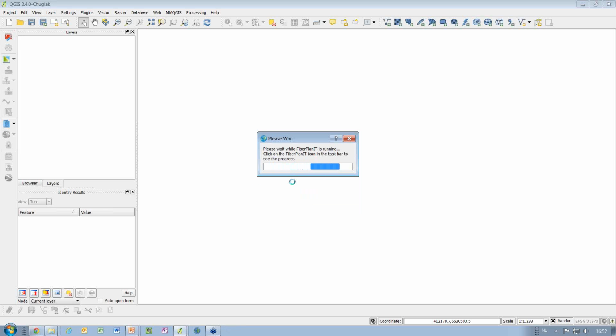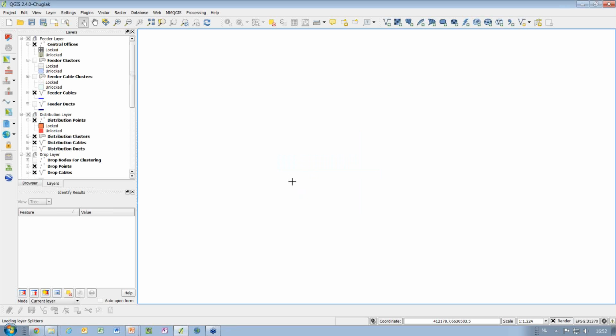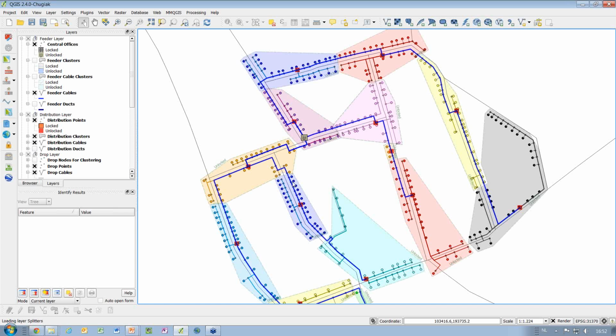That's also important to mention. The designer will produce a lot of different layers automatically that document the whole network, and this is important because this will give you a lot of data that you can automatically import into your inventory system as well. Now, it seems my area was not processed correctly because it didn't consider the poles. Just let me